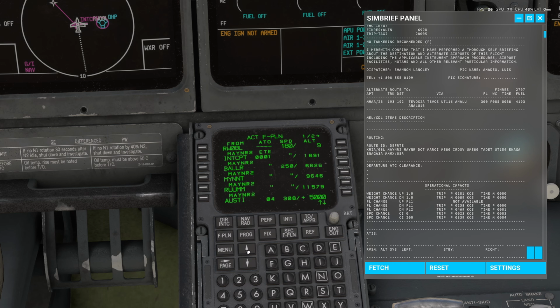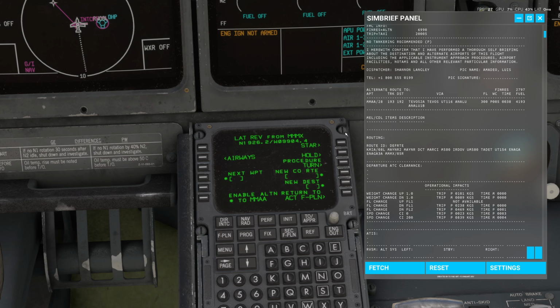That should look pretty good here. MINOR, and then that will be our top of climb. No discontinuities here. Let's go into our top of descent and then our destination, and we'll set our STAR, and